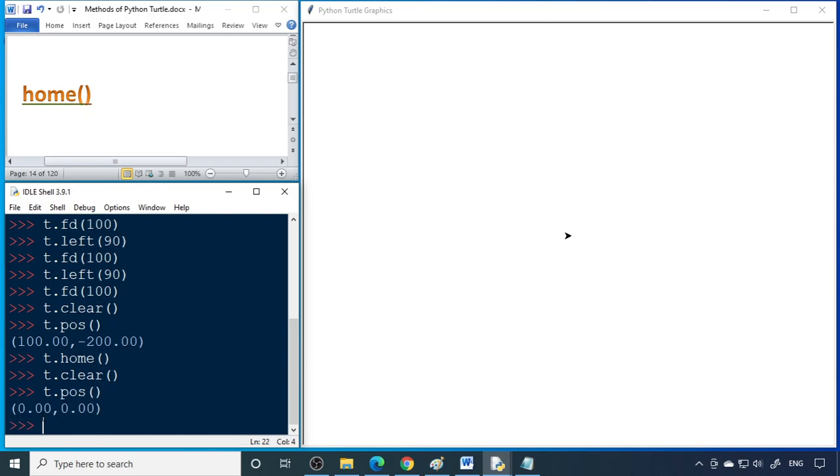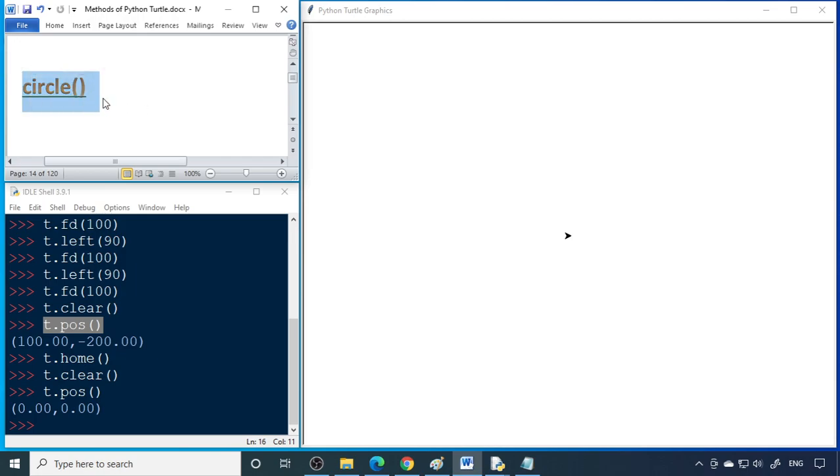That is 0, 0. The position is 0.00, 0.00. So clear will clear the screen, home will bring the cursor to the home, and t dot pos will give the exact location of the turtle. So this is about the home. Home will take the cursor back to the original location or the center location.